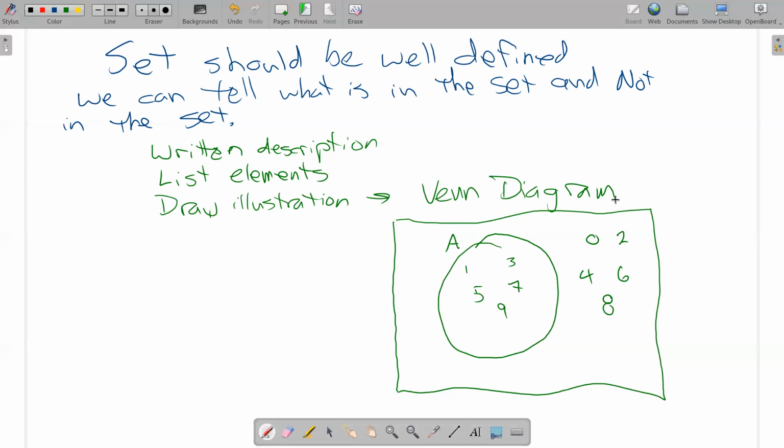The rectangle of the Venn diagram is what's known as the universal set. It's everything you have to work with. And then within that rectangle, you define circles for sets that live in that universe. So in this case, my universe would be whole numbers less than 9. So my current universe, my universal set,